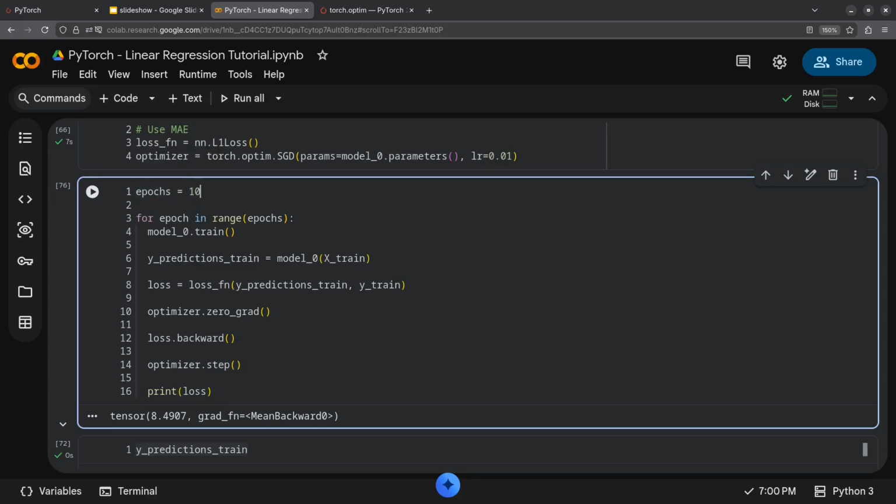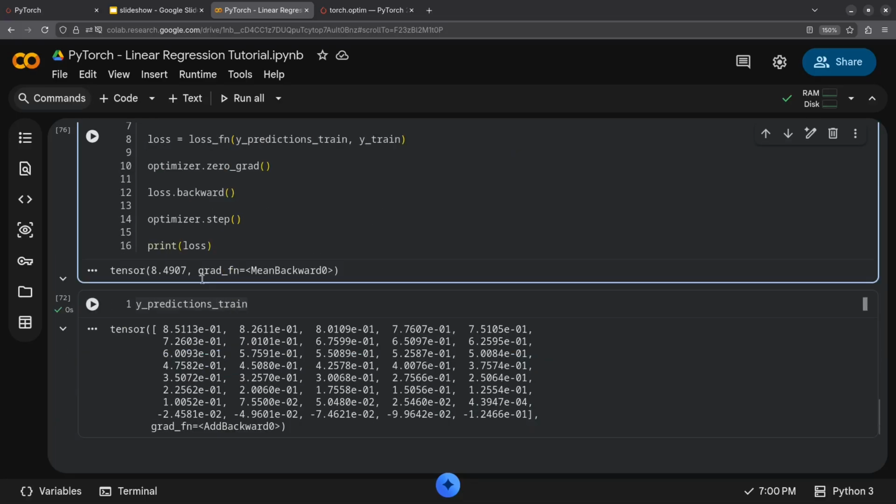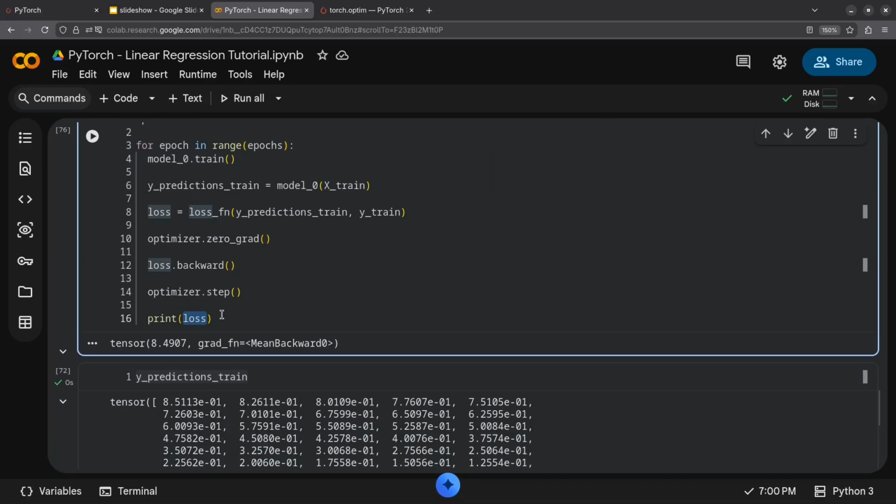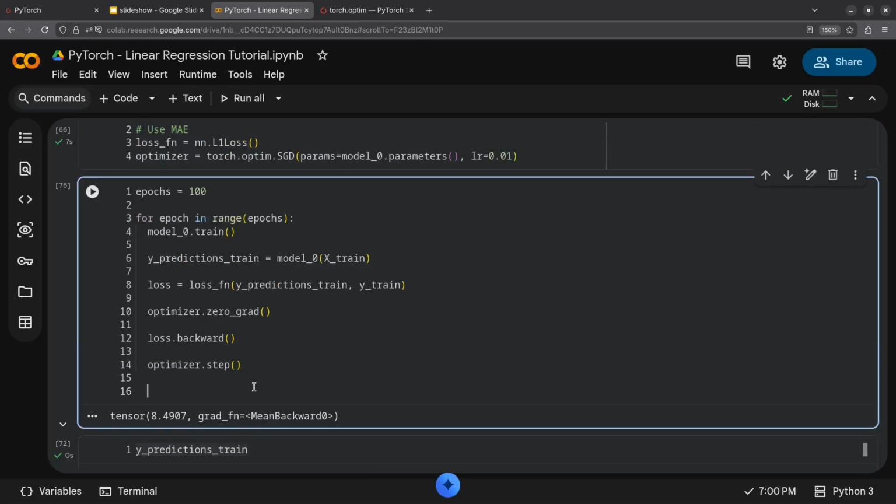So let's just do 100 here. But before running it, I would want to log out my loss values, my test loss values, and plot them on a graph. So I'm just going to remove this piece of code. What I want to do is also perform inference on my test dataset, so I want to check if my loss is actually decreasing on unseen data. To do so, I go